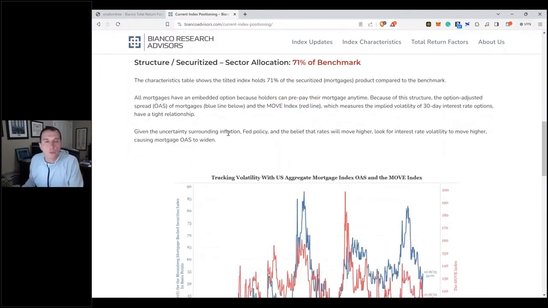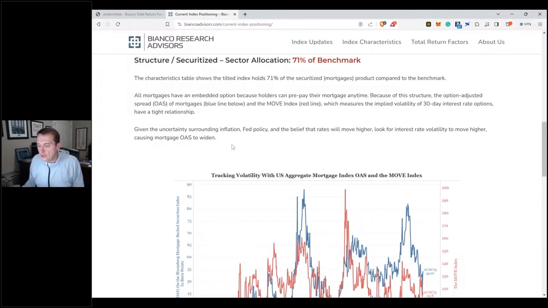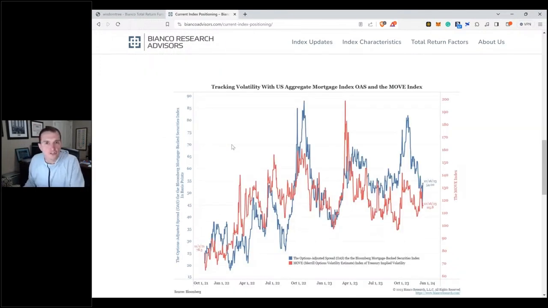In structured or securitized, we're 71% of the index, so we are more defensive on that. That means we're underweighted mortgages and underweighted structured, and that's because of the high volatility in the bond market, which tends to make these positions underweight. You can see we put together a chart here of the option adjusted spread of mortgages and the MOVE index, which is the old Merrill option volatility estimate. It's like the VIX of the bond market, and they move together. So if we're going to stay in an elevated period of volatility, which we've been in all year and continue to be, I've got some charts again in the 2024 outlook. I'll explain that next. It should be a challenge as well.